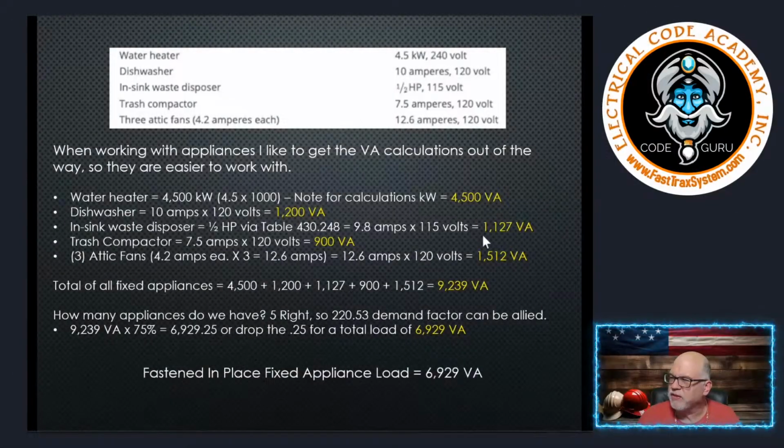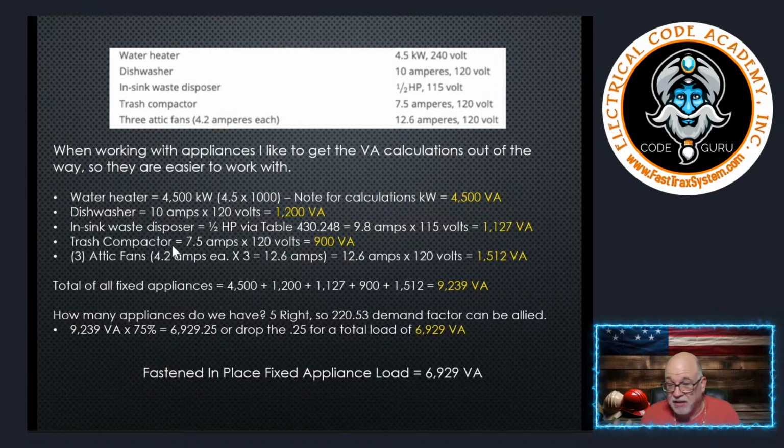All right, so we see that it's 9.8 amperes, and we're going to be multiplying it by 115, because it said 115. So we're going to use the 115. Just double check their math: 9.8 times 115 is 1,127, and that's what we're going to use. So the next one's a trash compactor,